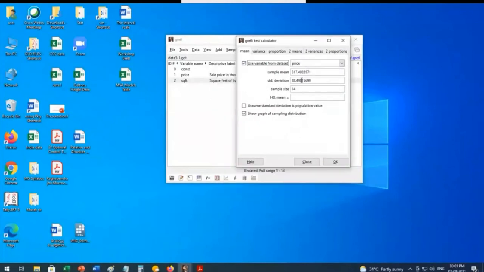Now we want to know whether, suppose by some means we know the population mean price is say 320. That I am writing here. So our null hypothesis is mu equal to 320. Now we click OK, and we get